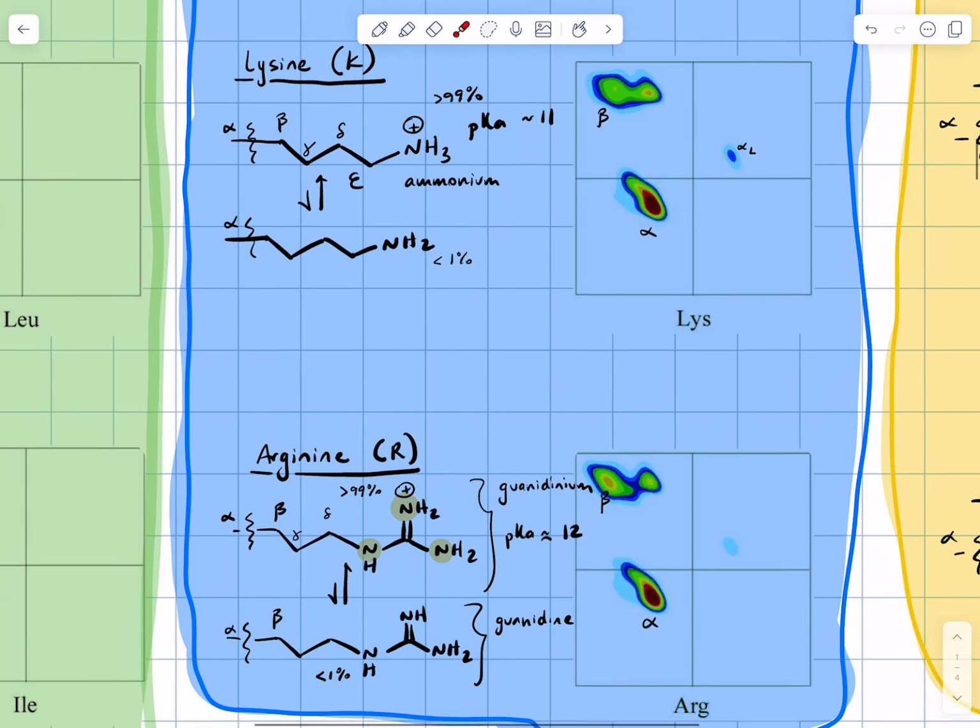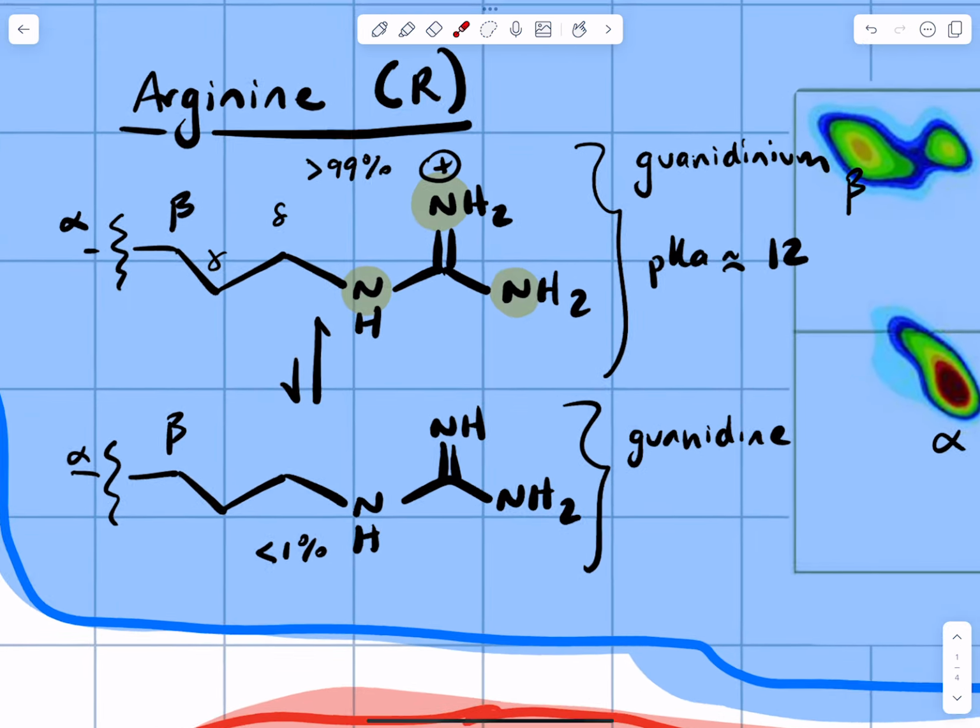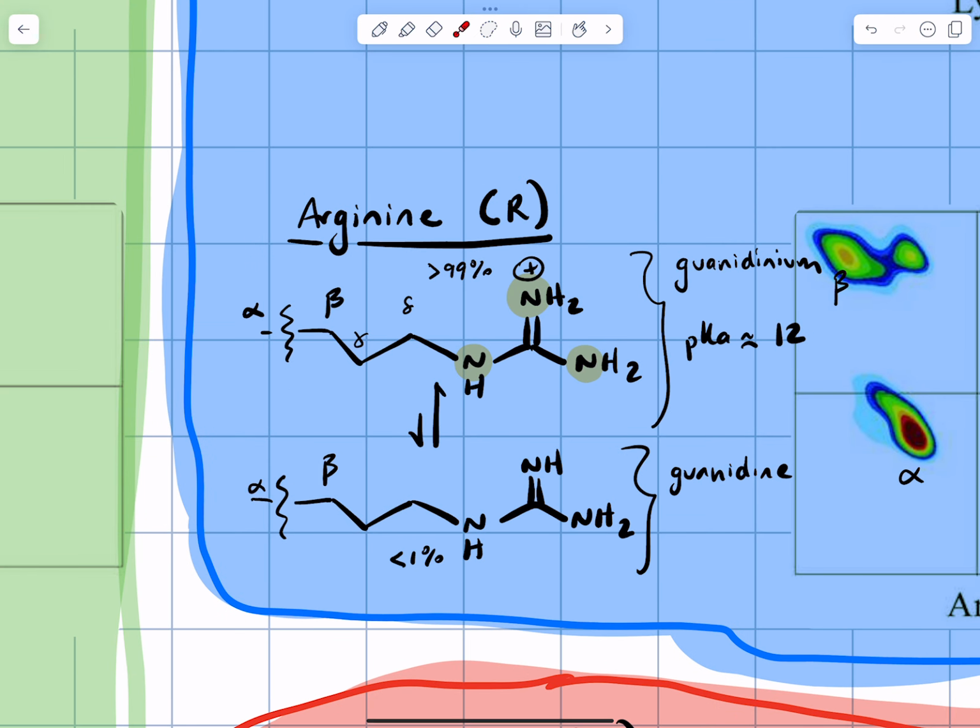So that's lysine. Arginine is the other. You've seen arginine before on exam 1. Arginine is not an ammonium side chain. It's got a weird functional group that you may not know a lot about, and that's called a guanidinium group. So that's shown here. The first nitrogen of the guanidinium group is on the delta carbon. So arginine, instead of going out to the epsilon carbon, you draw alpha, beta, gamma, delta, and then the nitrogen's on the delta carbon. That nitrogen is attached to another carbon and then two other nitrogens, and this functional group